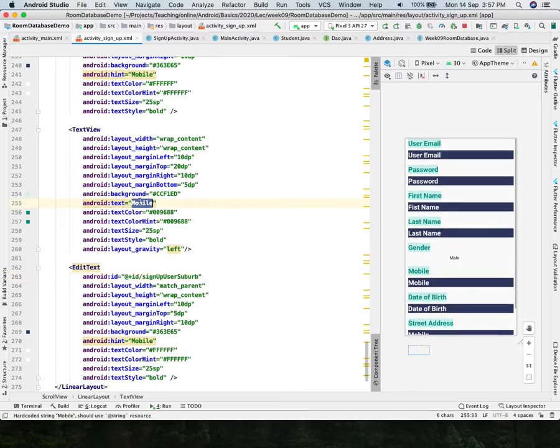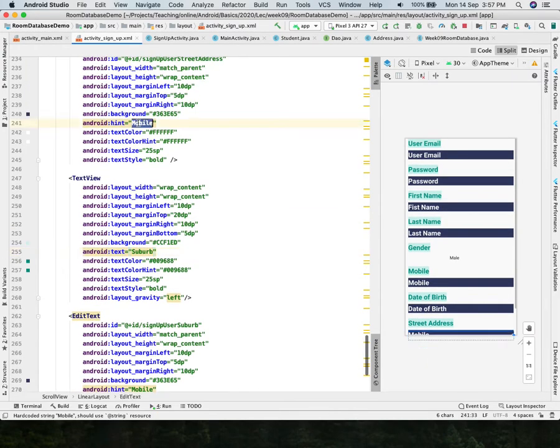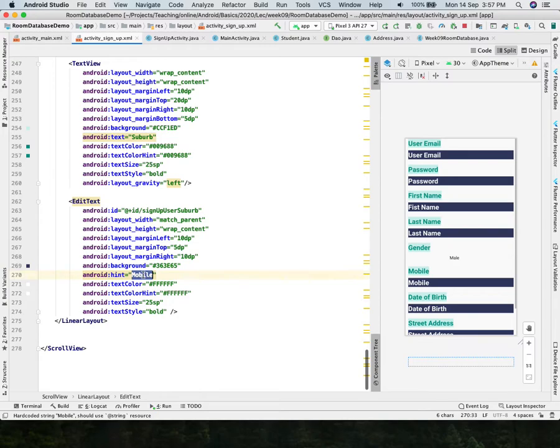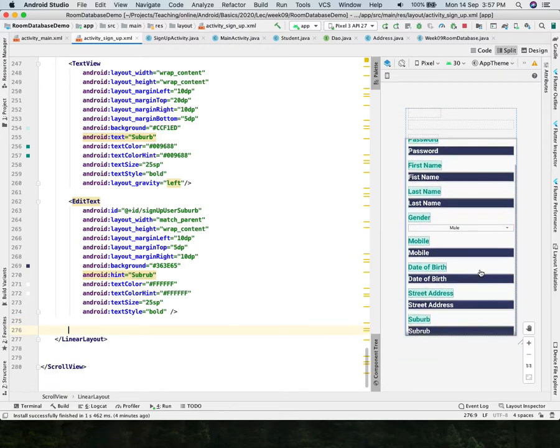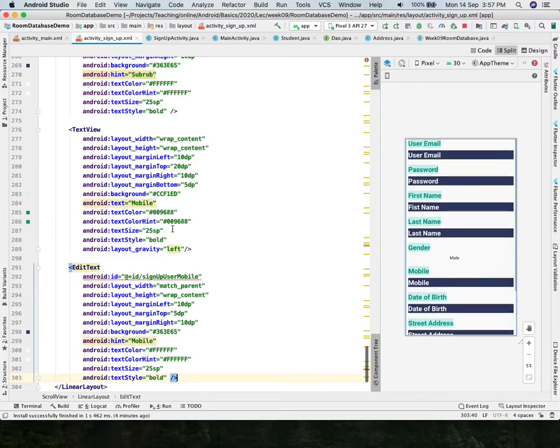We also need to change that particular hint to suburb. We also change that particular hint to street address. And here again, change that hint to suburb. So you can see we have a street address, we also have a suburb, and then we again put that particular hint instead of